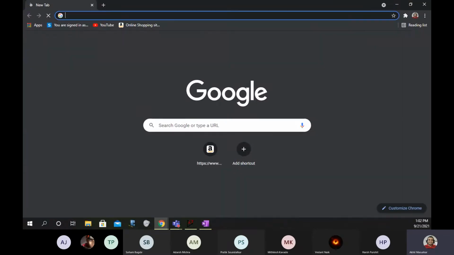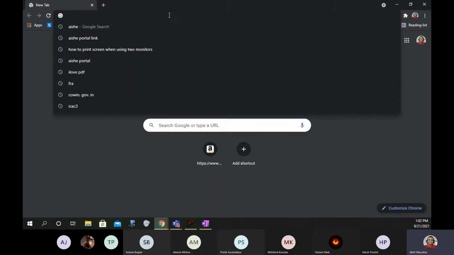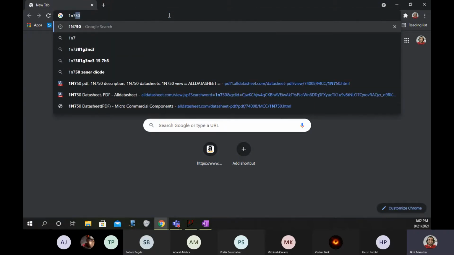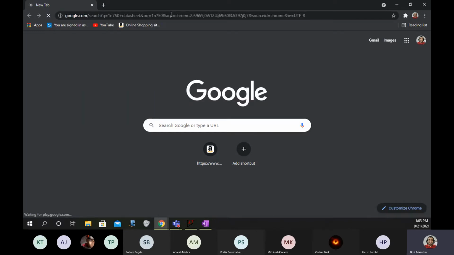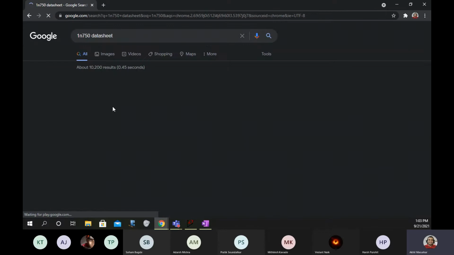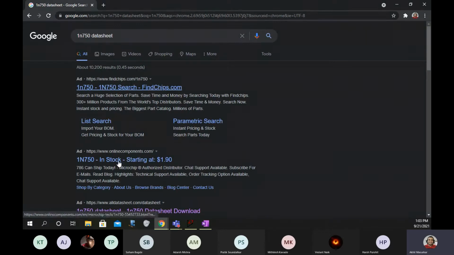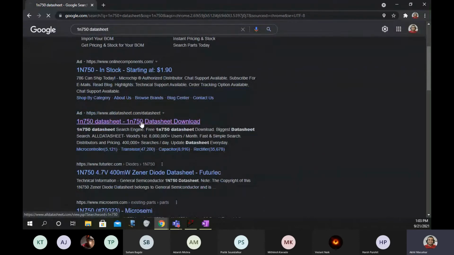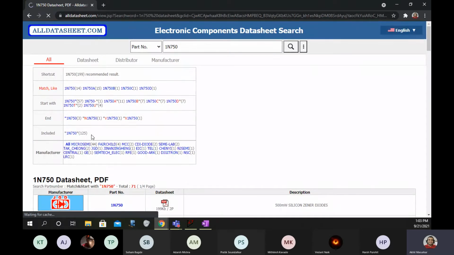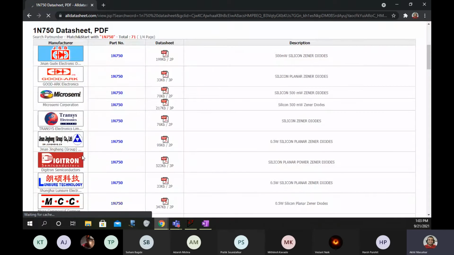You should know from where to search the data sheets, from where to see the data sheet, everything you should know. So I'll write here 1N750 data sheet, and something will open. You can go to alldatasheets.com. This is a very famous site; we have been using this website since our engineering days, and you can pick up anything.